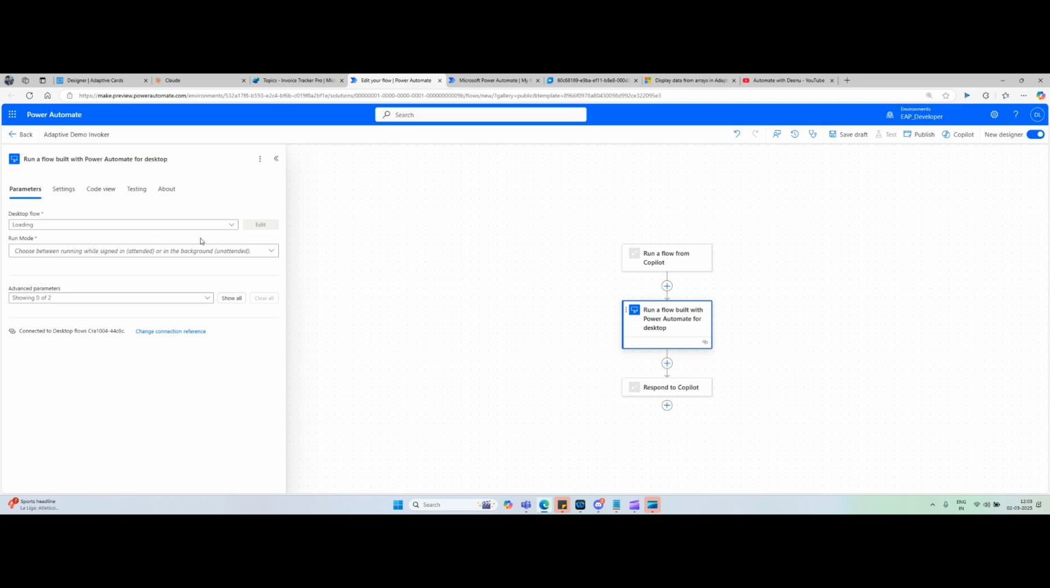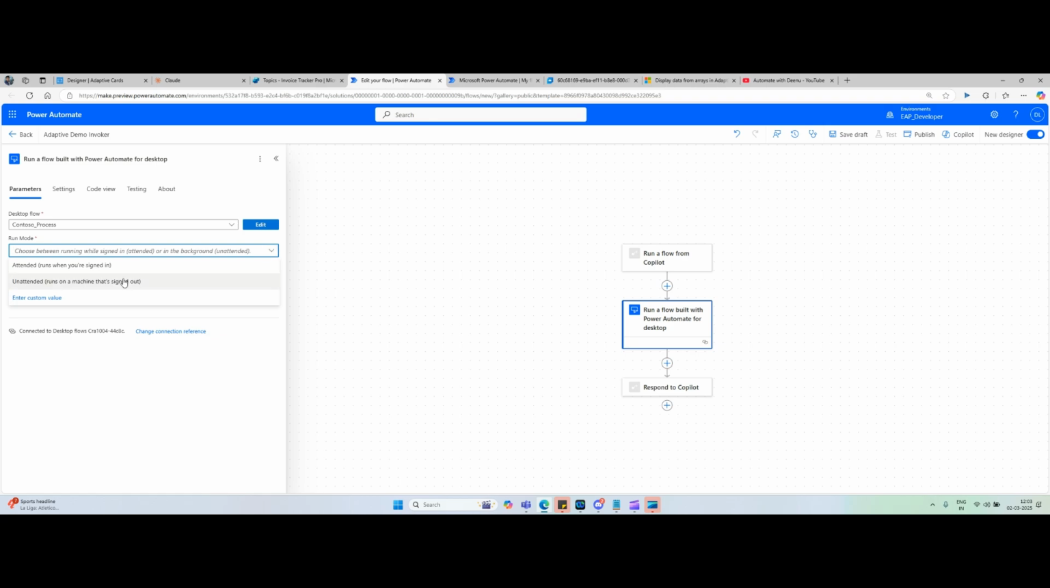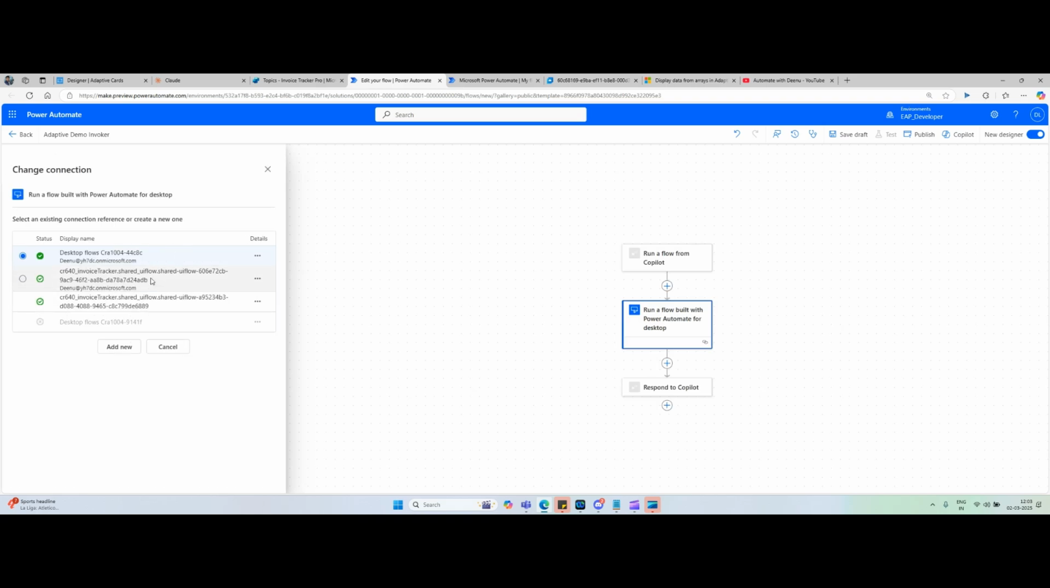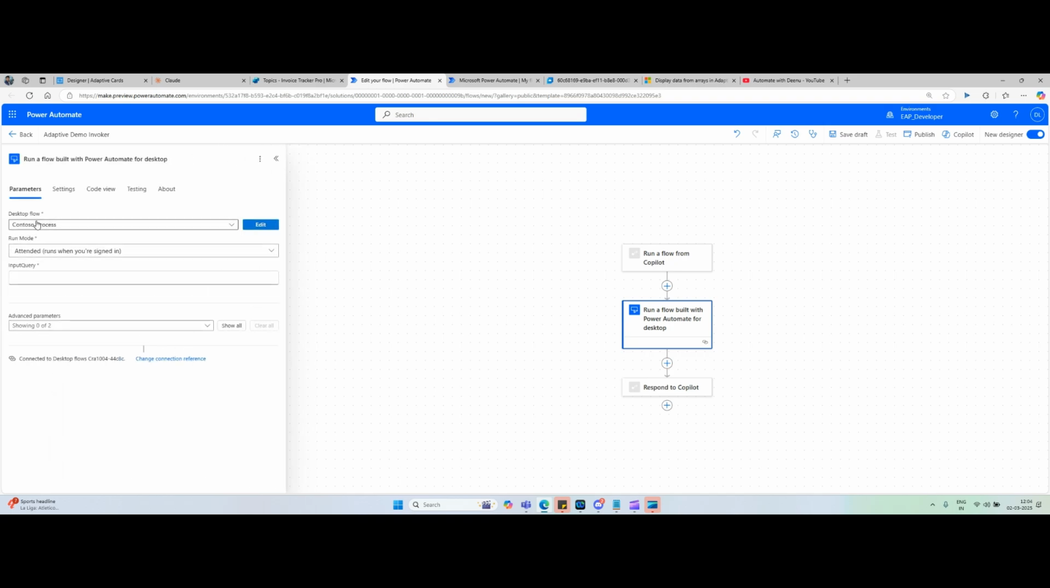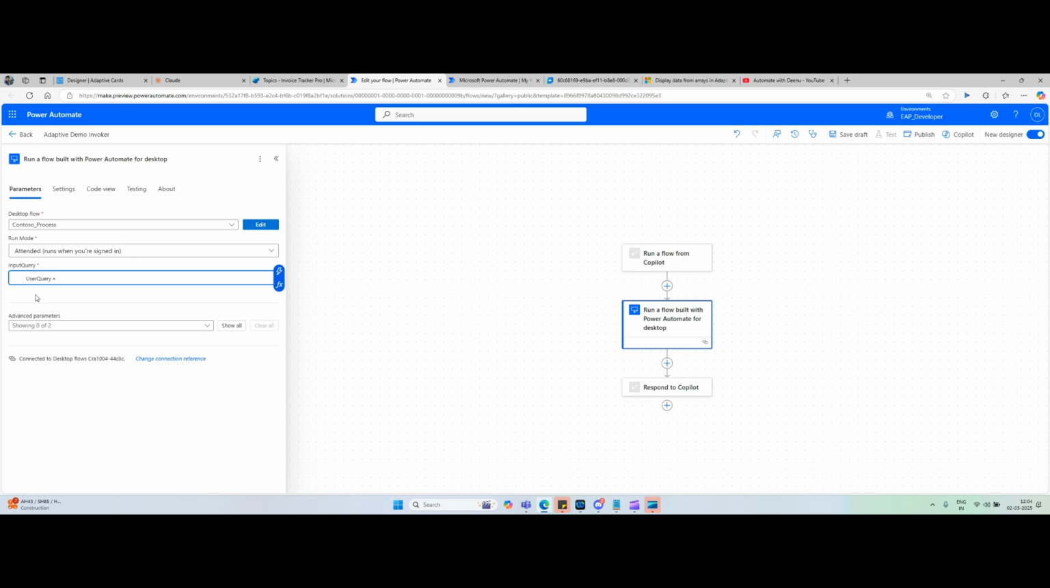Let's pick our desktop flow from the dropdown. That is Contoso process. I want to run this flow in attended mode, and for the connection, I already created a connection called MCB. I will go with that connection. Okay, this is also fine. So I will click cancel. This is fine, and the input query is whatever we got from the Copilot agent. So this is the input query we are passing to the desktop flow. Perfect. So let's save this,